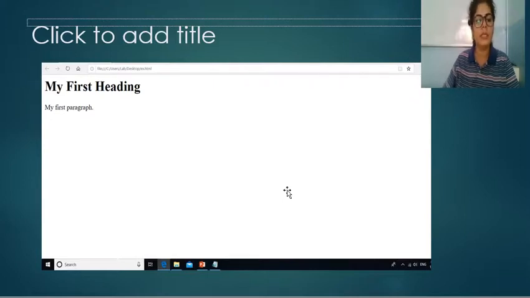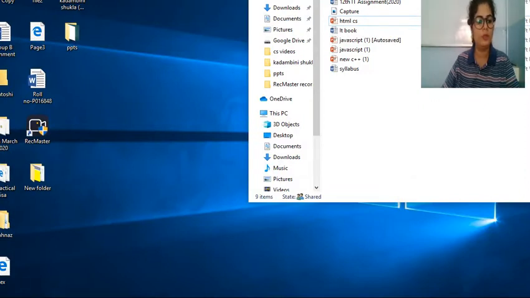So when you save the file with your name.html, it will create an icon on your location, whatever location you provide. And then you have to double click on it, then it shows you output. As I have used the heading tag, it creates the heading, and in the paragraph tag, it displays the text whatever I have given in the example. So this was the example. Now I want to show you, look at this. See this, it will create this type of icon.